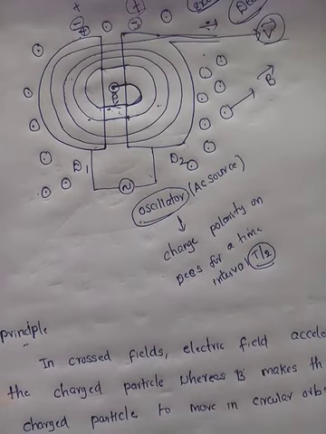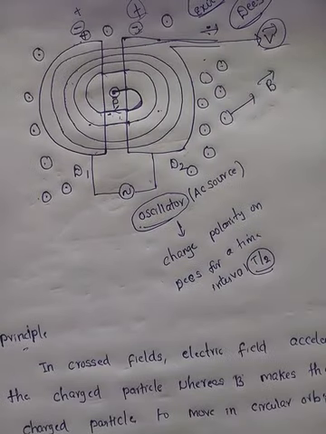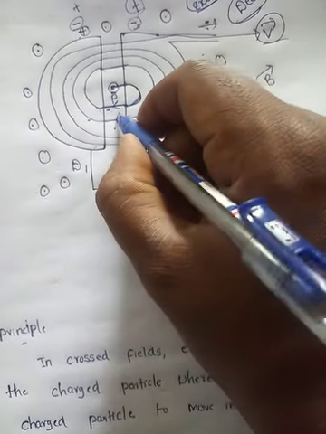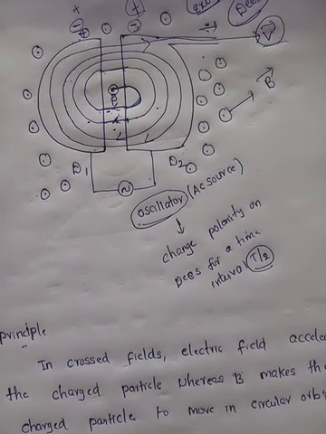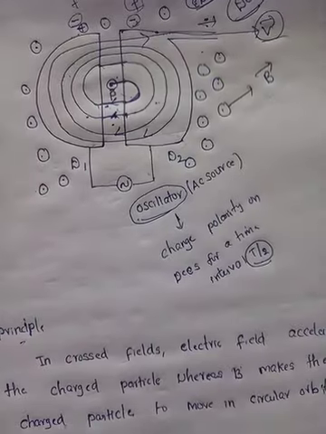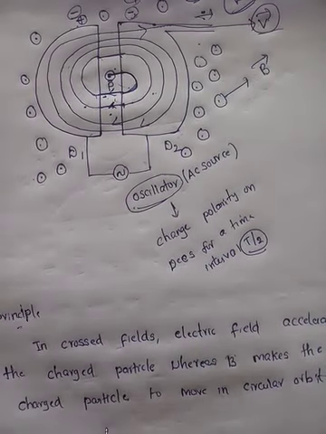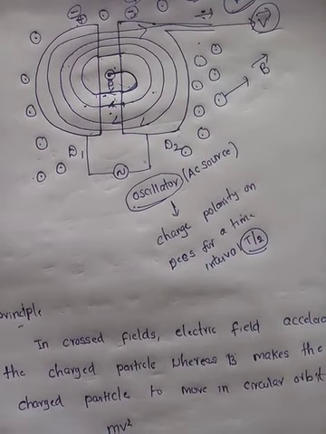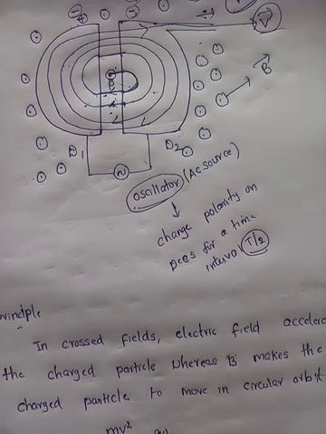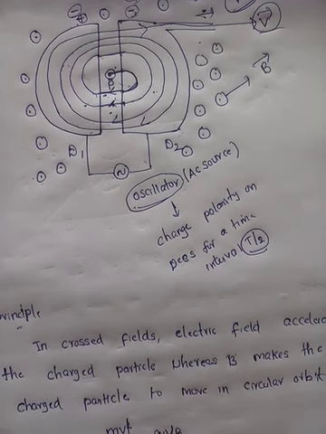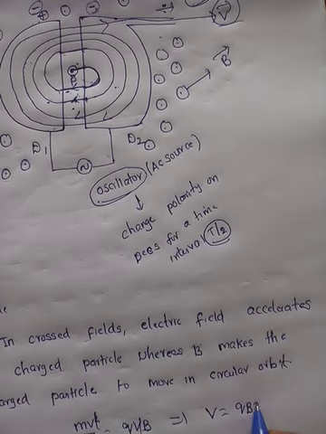So, we apply an electric field to accelerate the charged particle between the D's. In the D's, it moves in a circular path. So, it finally moves with maximum velocity. See here, what is the radius of the circular path? Centripetal force should be balanced by which force? Magnetic force, because inside the D's it undergoes a circular path. V cancels from this. V is equal to QBR by M.